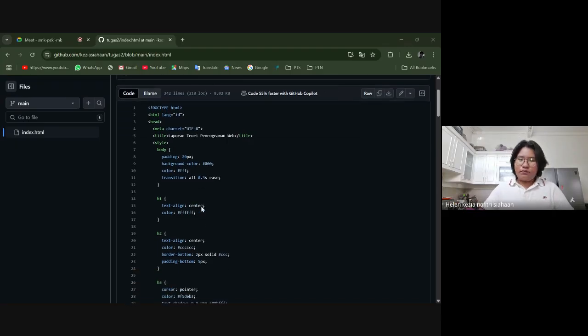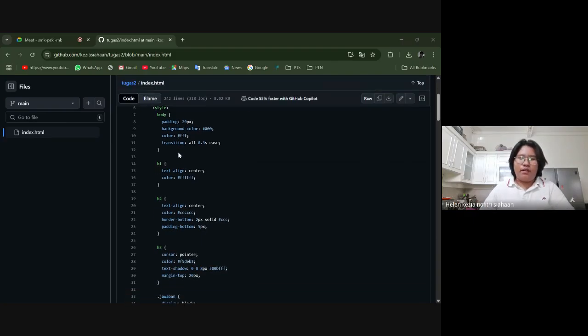Okay. For the first time, when you enter the document, you need to type down the markup. It was this one. It will type down all the HTML head and the body, of course. But in here, as you can see, I made something different. I input style. Style is for the CSS tag. I'm using this style for making the demo of my web. So for the first explanation, we will talk about the CSS.